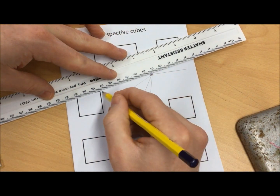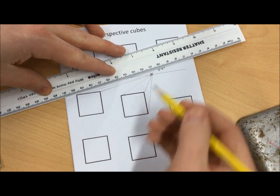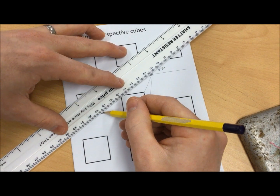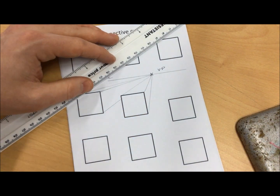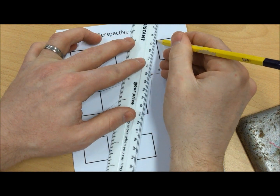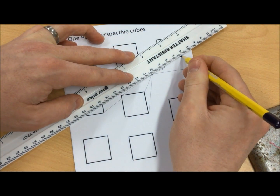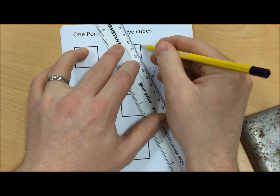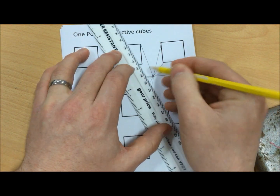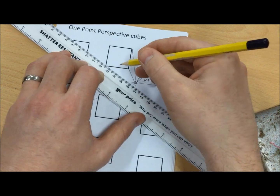But if this were on an exam and you had to produce a one-point perspective, one of the criteria that's usually on the marking scheme is clear lines. So you need to start with a sharp pencil to give yourself the best chance, because you do get marks just for having nice sharp lines. I'm probably pressing on a little bit too hard here. Okay, so you're going to take all of those features back to the vanishing point,